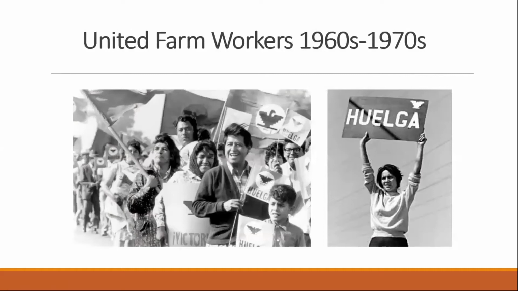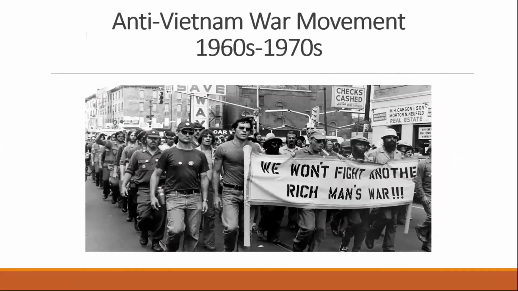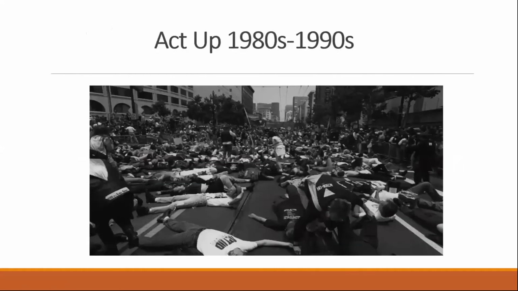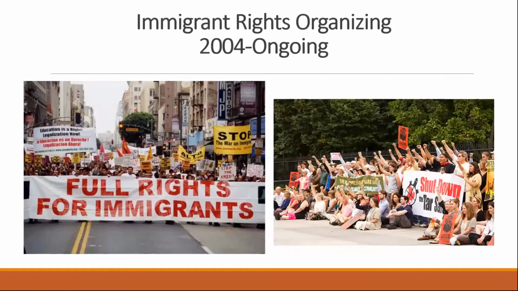United Farm Workers did with the strike and boycott. It was true in the anti-Vietnam War movement. The anti-nuclear movement used it to keep the number of nuclear power plants very low compared to the 1,000 that were originally projected for the United States. ACT UP, an organization of gays and lesbians and their supporters who were focusing particularly around the AIDS epidemic and getting AIDS research money, used civil resistance. Immigrant rights is another example, and that's an ongoing struggle in the United States.